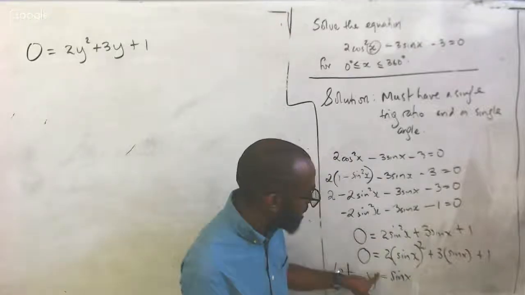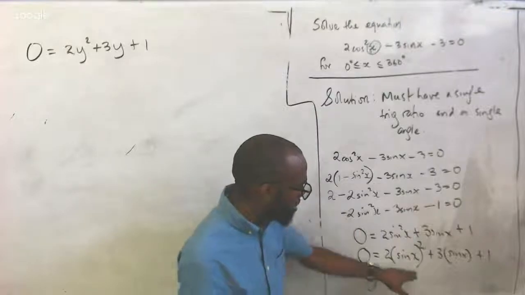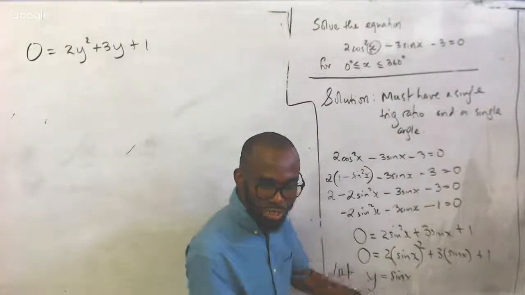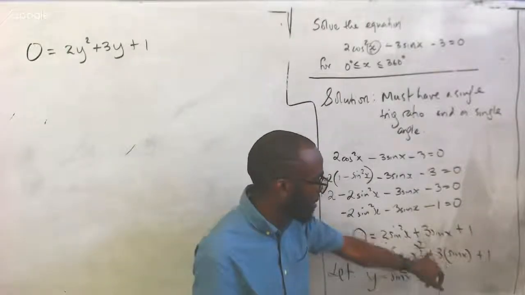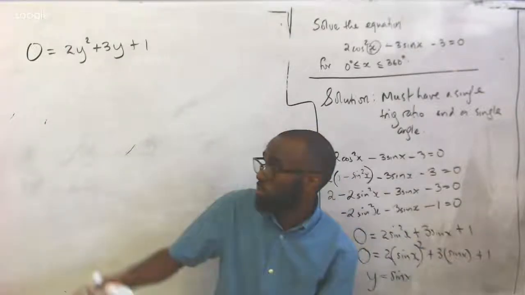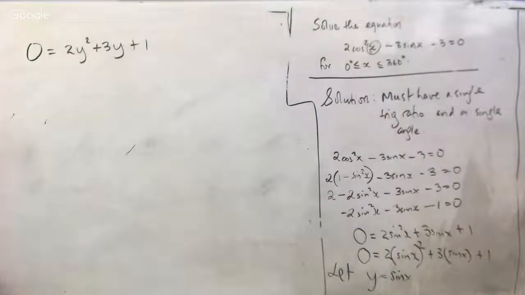Then I said, well, for me to clearly see that it's a quadratic, I want to get rid of this sine x. So I make a substitution. And I said, let y equal to sine of x. So this becomes 2y squared plus 3y plus 1. No, this is definitely a quadratic equation that we could have handled in Sept. Do you agree? All right. And what are the two methods? Factorize or finding LCM. You can follow the LCM or use the quadratic formula, right?